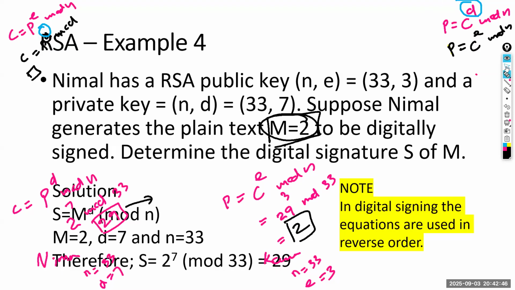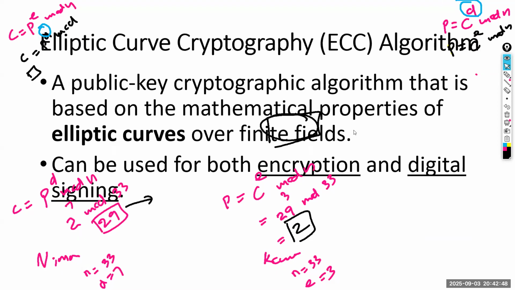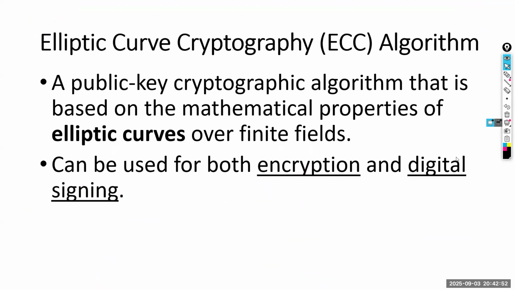Right. So this is also a past paper question. Right. So now we'll move on to elliptic curve cryptography, ECC. Remember, this is the second approach. So the first algorithm is RSA, that is what we discussed so far. Now this one is